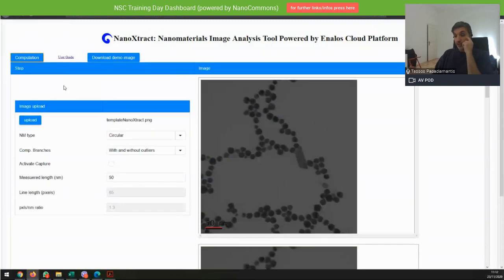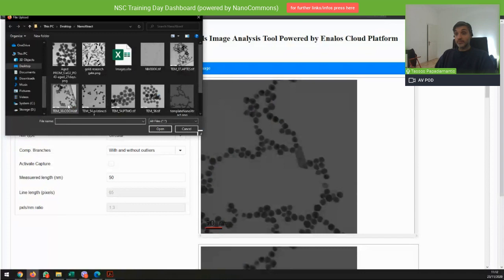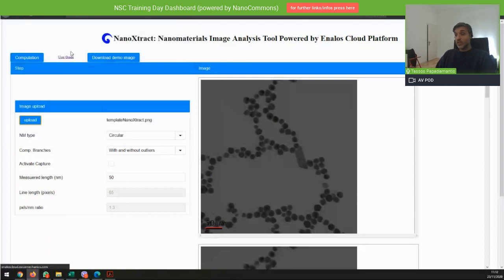Okay, while this is being calculated, let me show you this complex image of the circuits.